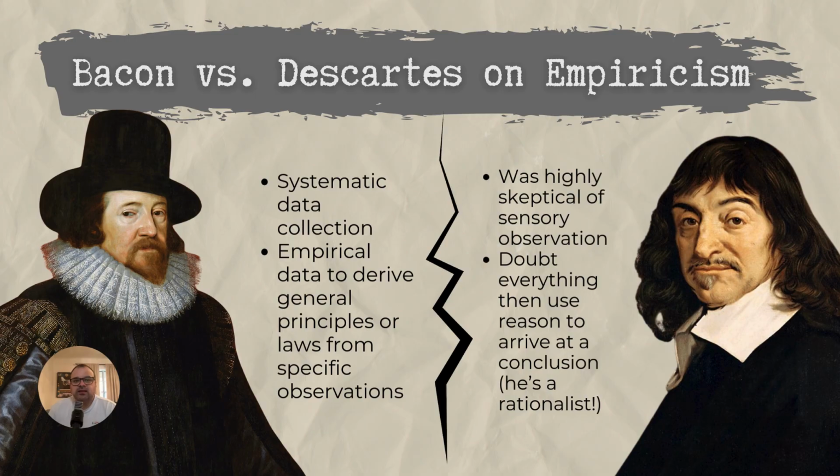Sir Francis Bacon advocated for systematic data collection through experiments and sensory experiences, right? His approach is more focused on accumulating this empirical data to really try to understand general principles or laws from